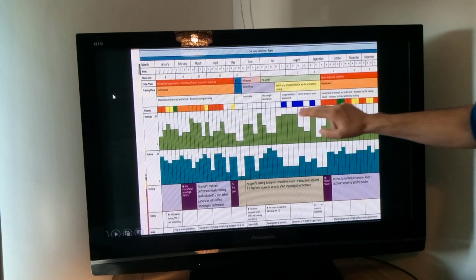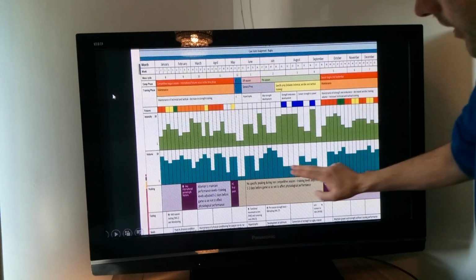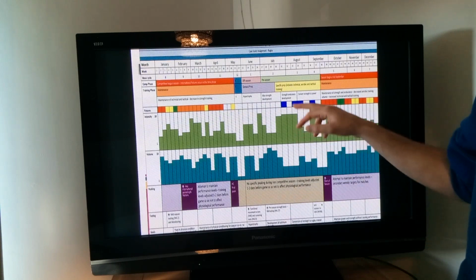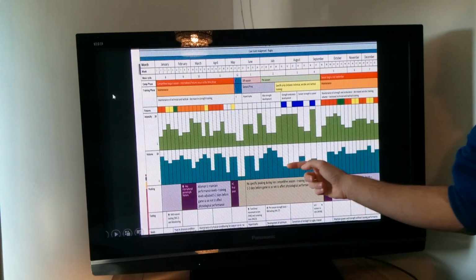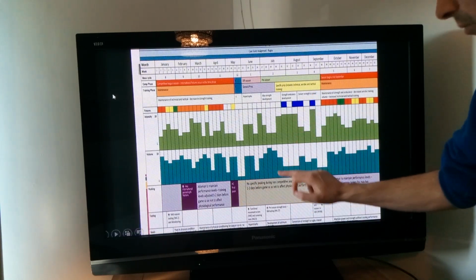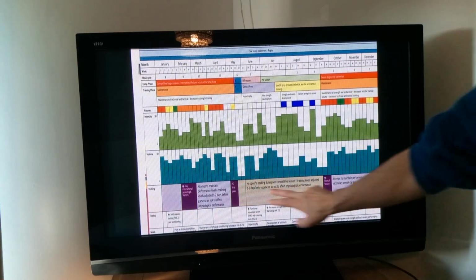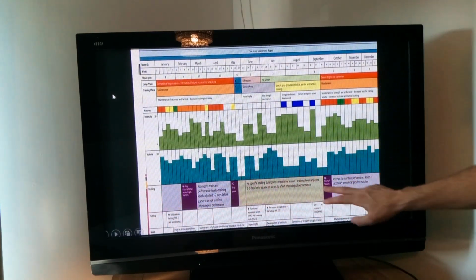So up here, we're working at a really high intensity, but we're not doing it as much. Because if we do it too often, we're going to get injured. Working at high intensity leads to fatigue, tiredness, so you're unable to work at that high intensity for a long duration. Then it's got in here kind of what you're aiming to do.